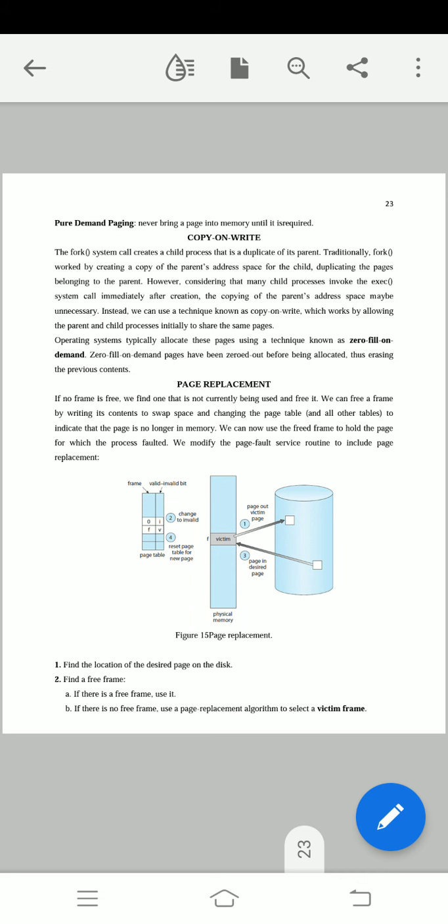Pure demand paging never brings a page into memory until it is required. When there is a requirement, only then will the page be loaded into the memory.